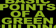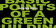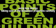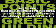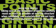The basic points of a green building ordinance: using less energy, making sure you take care of all the demolition materials properly, you reuse as much as possible an existing structure. When you're rebuilding, you use materials that are not toxic, you use materials that have the least impact on the